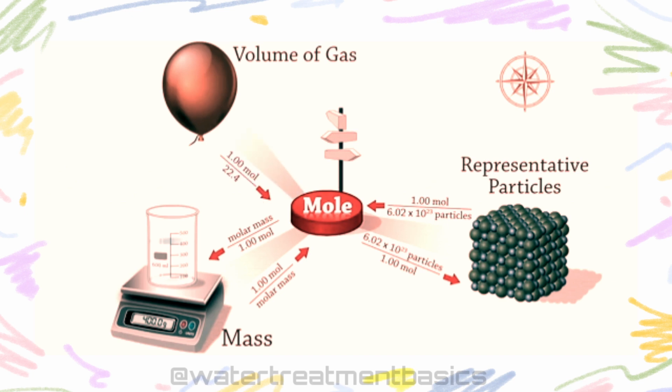To go from the volume of a gas to moles, or from moles to the volume of a gas, use 22.4 liters per mole. Remember, this one only works for a gas at STP. You can see that the mole is central to solving all these kinds of